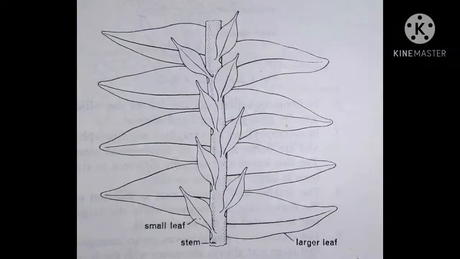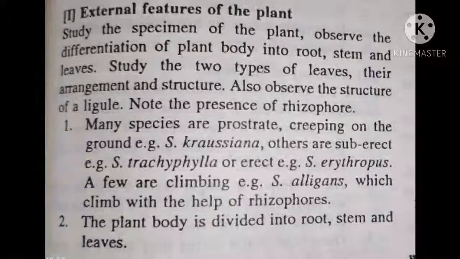There are small leaves and large leaves. You can see the figure, where you will see the small and large leaves. The leaves are ligulate. At the inner axil of the leaf, the ligule is present. In homophyllous species, all leaves are the same. They are spirally arranged, small, simple.